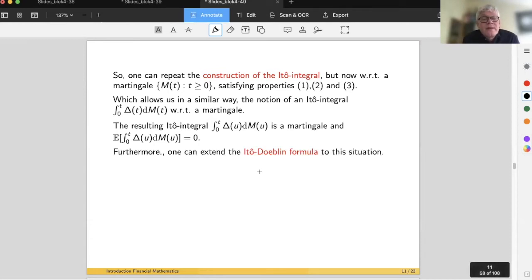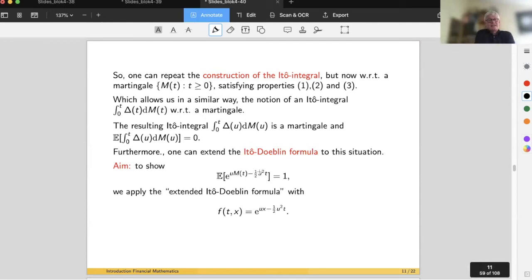So again, when we substitute small t equals 0, then we get expectation 0. And that is one of the properties that one can deduce from the fact that an Ito integral is a martingale. So we will use the extended Ito-Doeblin formula in this situation, and we will do it exactly as we planned. Remember the aim of this is to show that